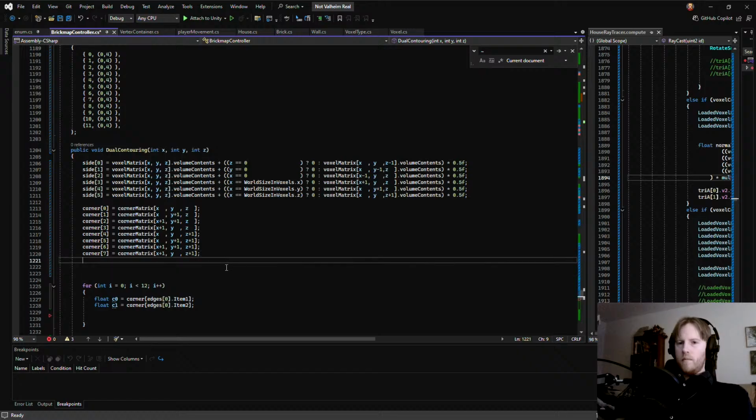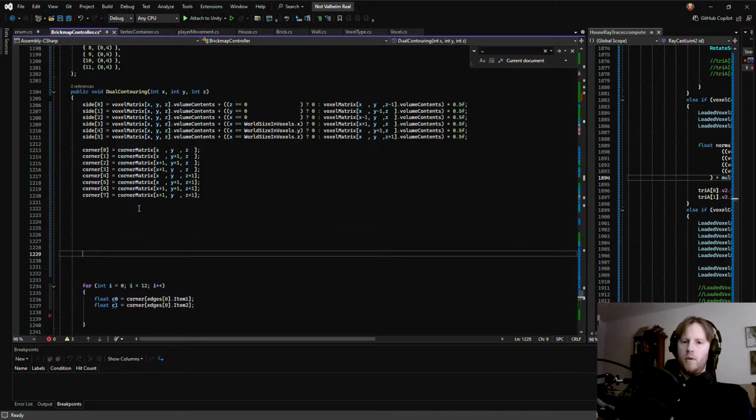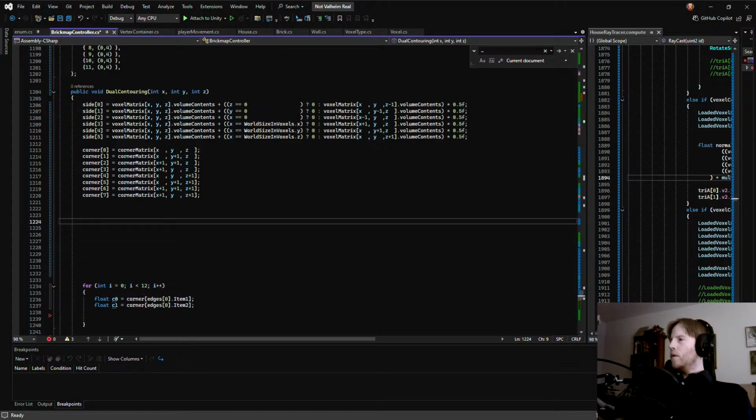So we have to calculate the isosurface here in some manner before we do this. And that's where we need the